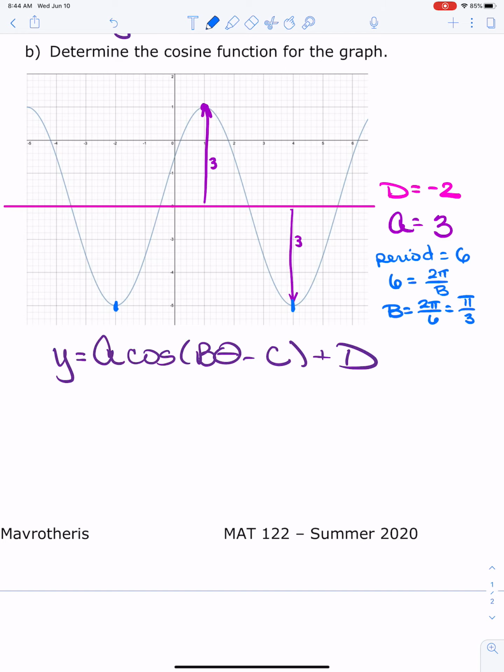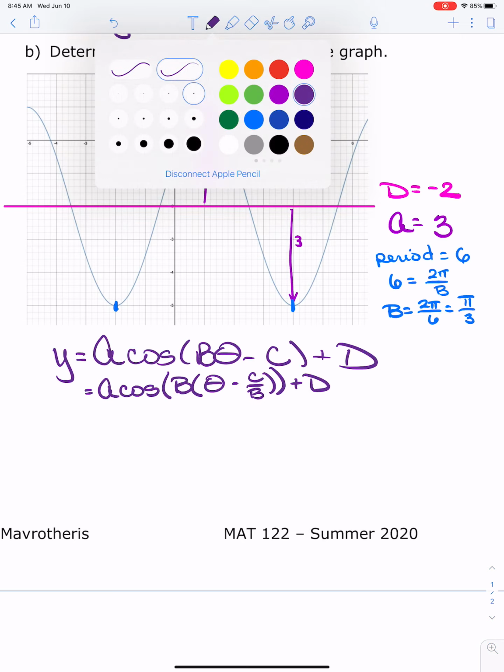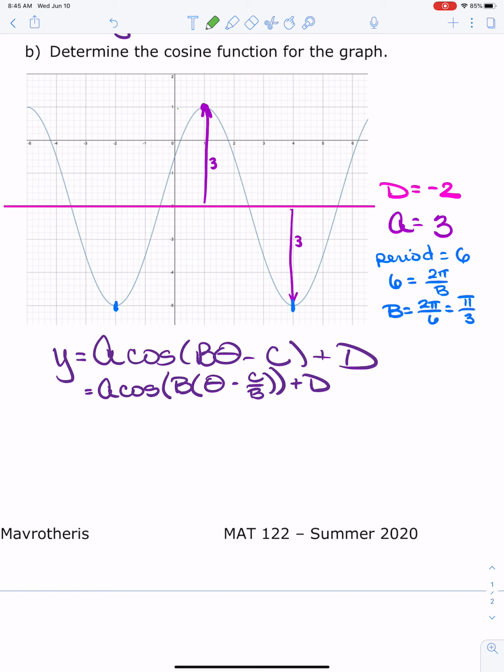Okay. So here's the next thing I'm going to do, now that I think about it, because I have this written in my notes. I wasn't doing it that way. Cosine, I'm going to factor this b out. We looked at this one way. One time like this, because my c over b is the actual phase shift. From that, I can plug in the b that I have and figure out what c is supposed to be. So if I take a look at this, my phase shift, my maximum should be here at 0. It's over here at 1. So my phase shift